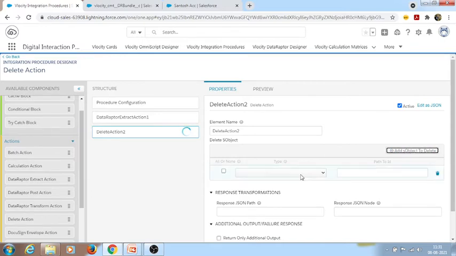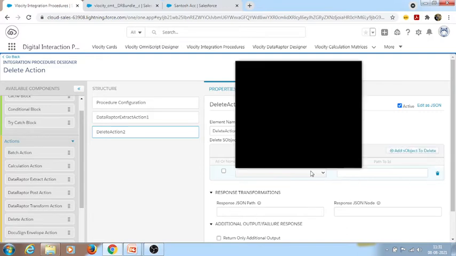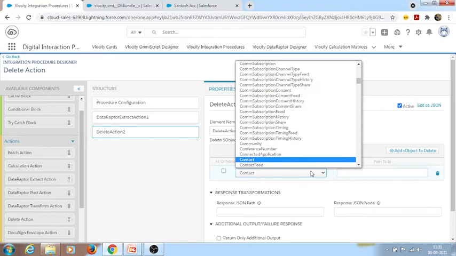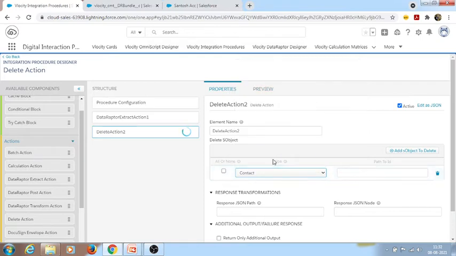From where we are going to delete, that we need to mention here. I want to delete the contact object, so I'm giving the contact name, and the type of the subject is contact, and for path to id, we need to give the path to that id.